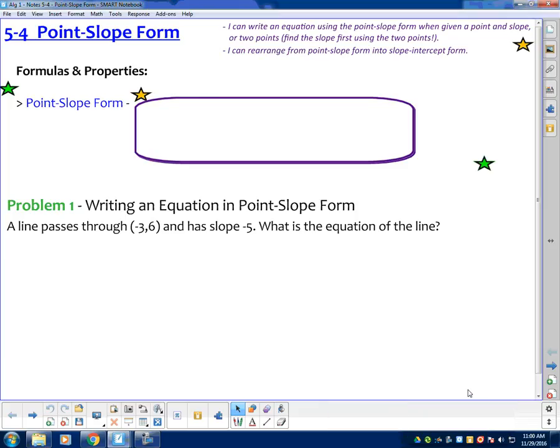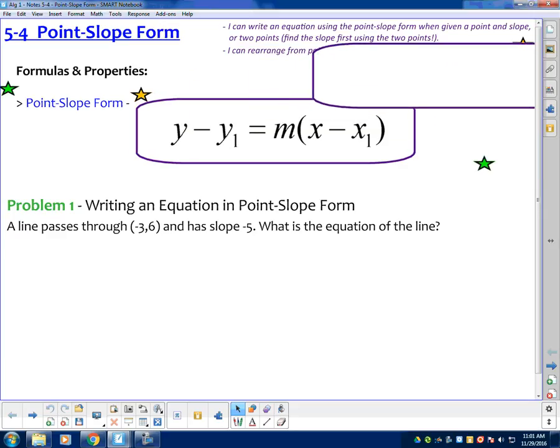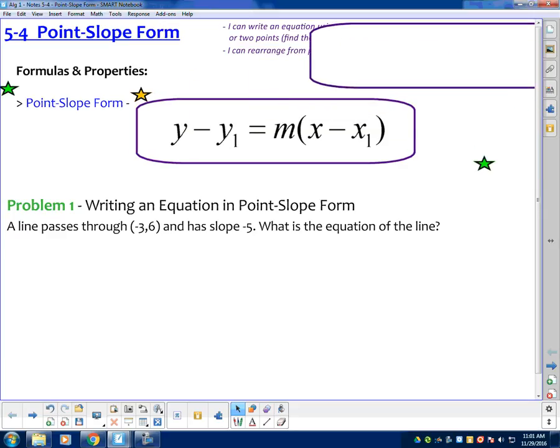This is 5-4, point slope form. The goal of this lesson is to show yet another method of writing the equation of a line through 2 points. So the point slope form of a line is the following: y minus y1, where y1 is the second